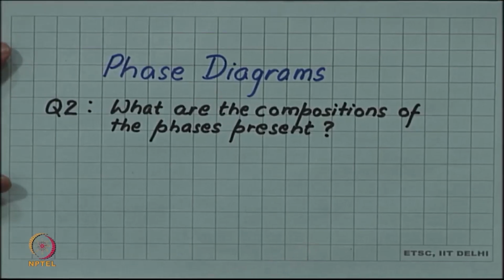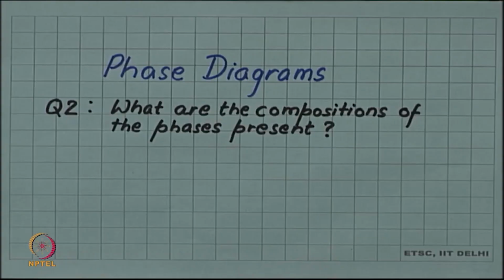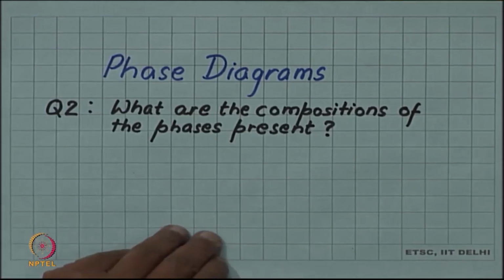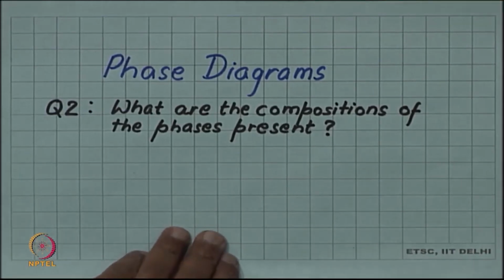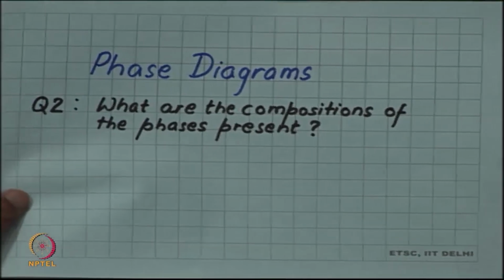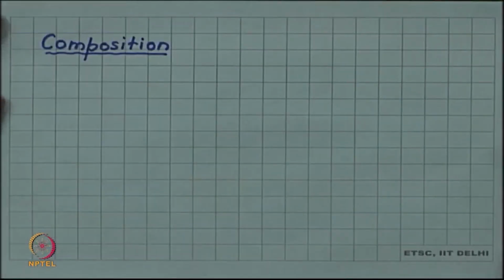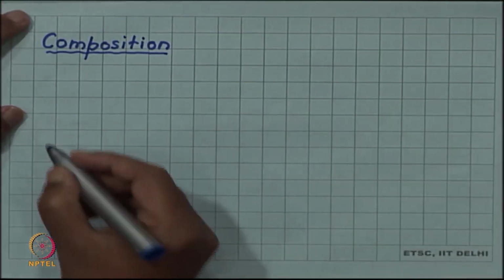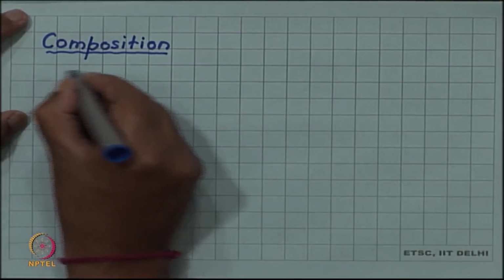Let us now take up the second question in our list: what are the compositions of the phases present. Recall, the first question was what are the phases present. So, once we have answered that question, we know what phases are in equilibrium at a given composition and at a given temperature in the alloy. Now, once we know the phases, the second question we want to know the answer to is what are the compositions. And by composition we mean